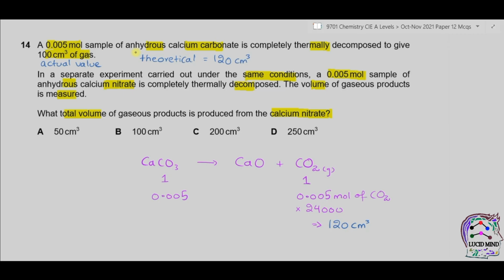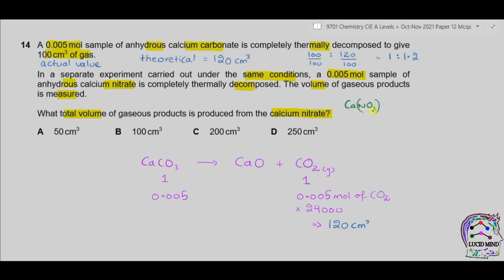The ratio between the actual value and theoretical value can be found out like this. We have 100 cm3 and 120. Now dividing by the smallest value on both sides, we can divide by 100. So the ratio between actual and theoretical is 1:1.2. Doing the same for the second experiment, we have calcium nitrate,